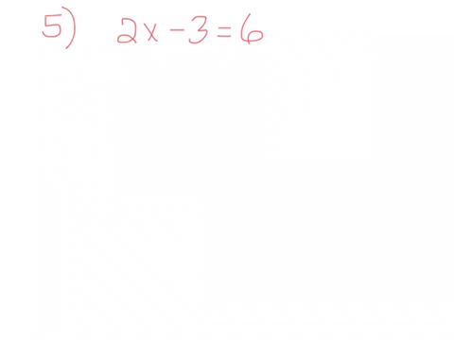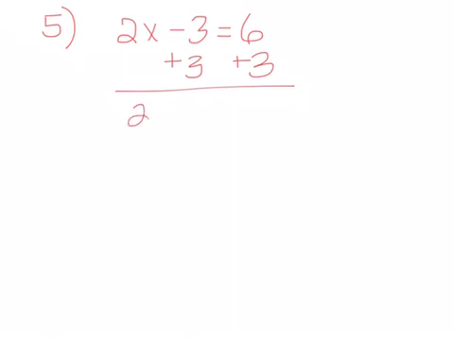Let's step things up a little bit. On this example, we have 2x minus 3 is equal to 6. Again, your goal is to get x on a side by itself. So we first need to start by getting the x term by itself. So the 2x needs to be by itself, but right now it's subtracted by 3. How do you undo subtraction by 3? Well, the opposite of subtract is add. So we will add 3 to both sides,